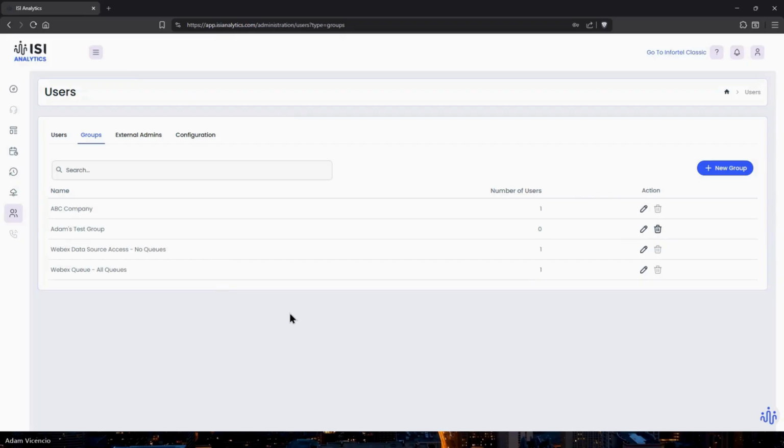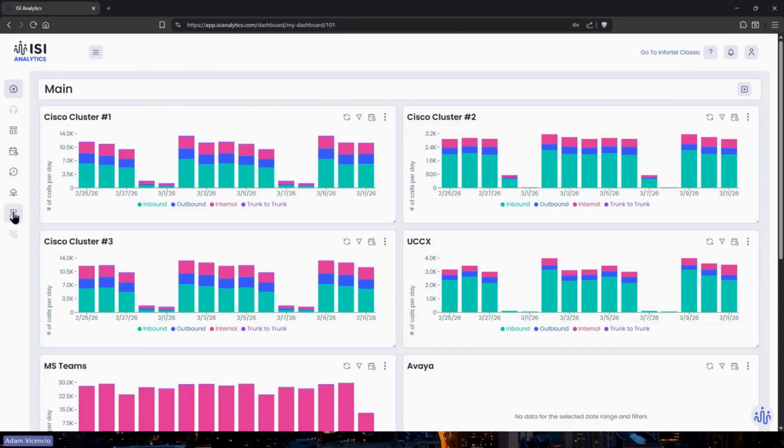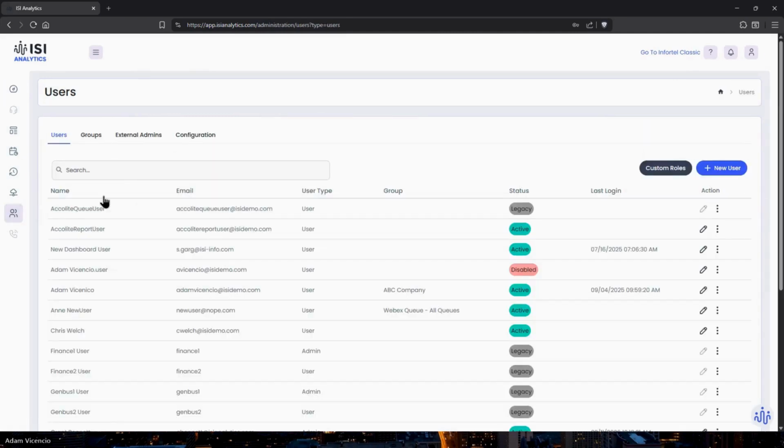Now, something I want to share that I think is important that I don't think everybody knows. Users do not, and I'm going to repeat this, they do not count towards your licensing. So you can have as many or as few as you'd like with zero impact to your system. And like I said, since we're coming up to springtime, it's time to maybe take a moment to clean up your users or create some groups and assign them to your users